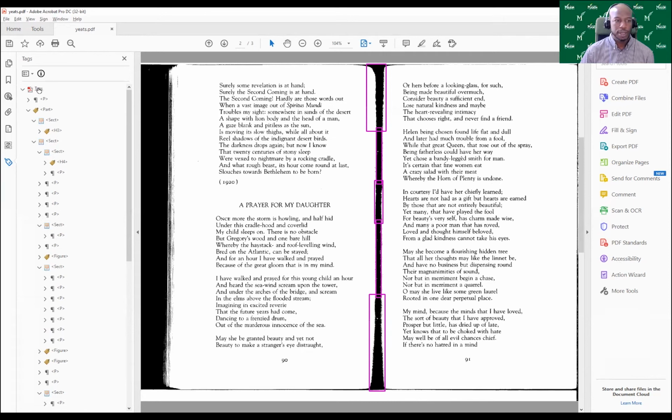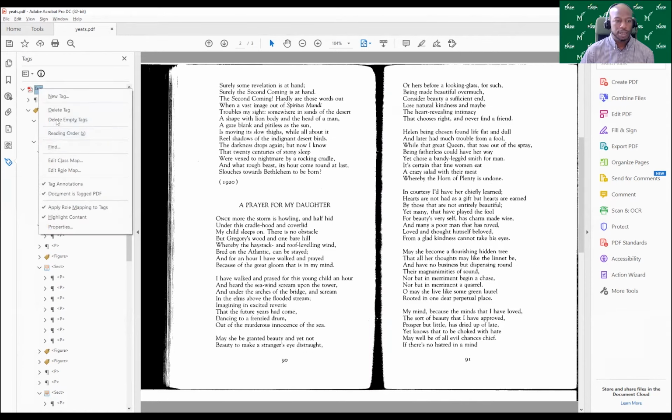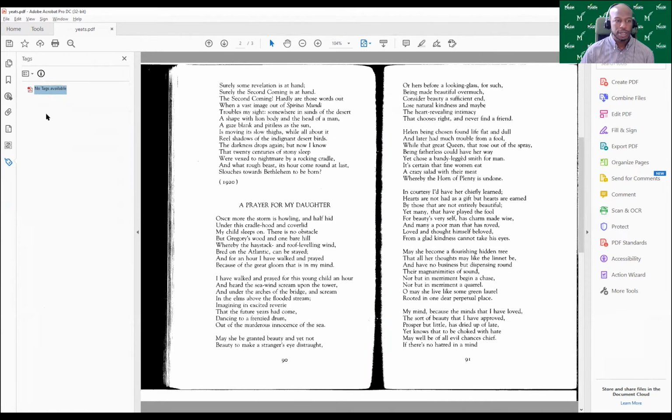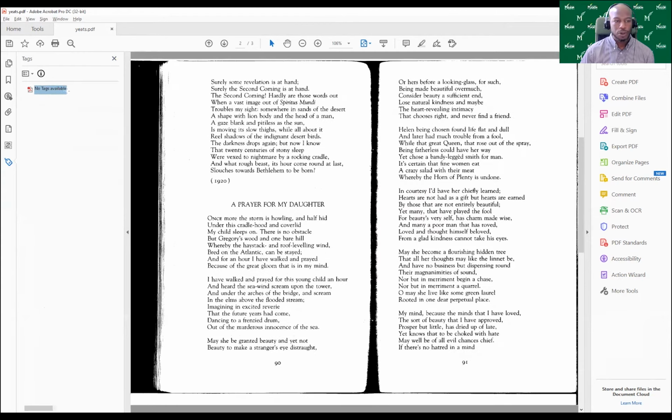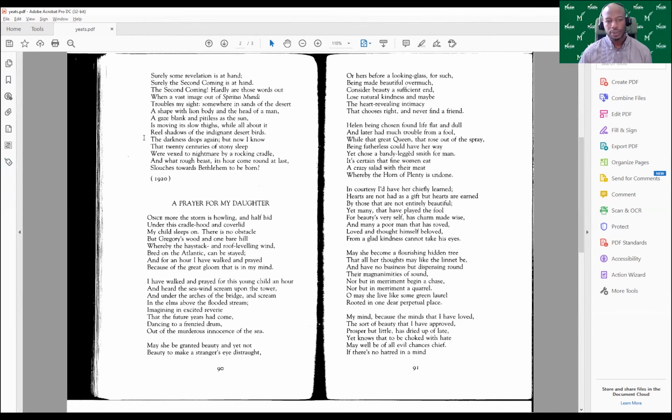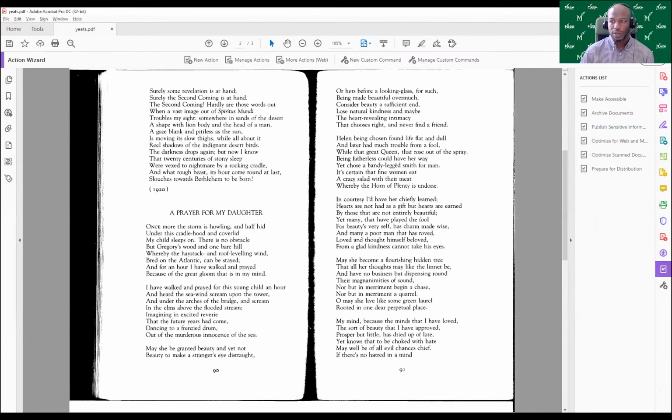All right, so I'm going to go to the same document. I'm going to delete the tags again, so no tags available. So we're back in the same place. And the other option that you can use for actually adding tags would be to use the action wizard. So I click on the action wizard, and the options that pop up under here, the very first one is make accessible. This is the one we're normally going to use to add tags. So if I click make accessible,